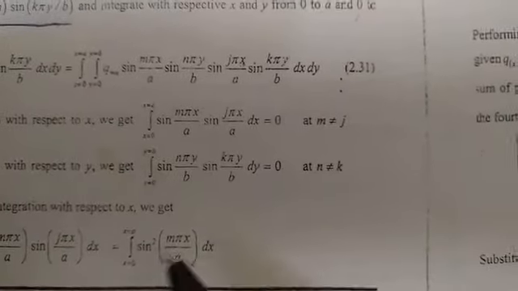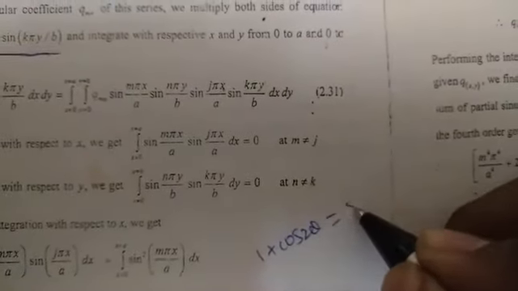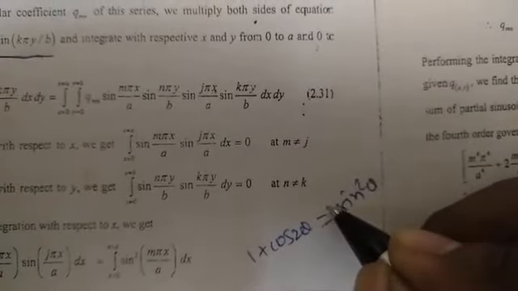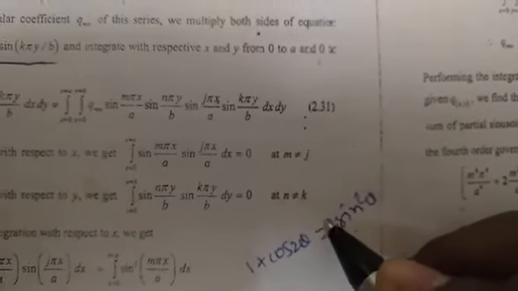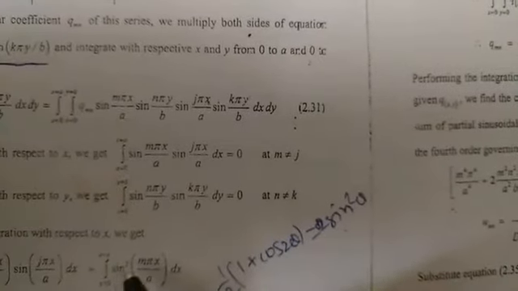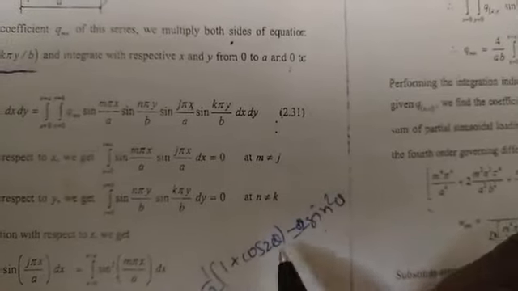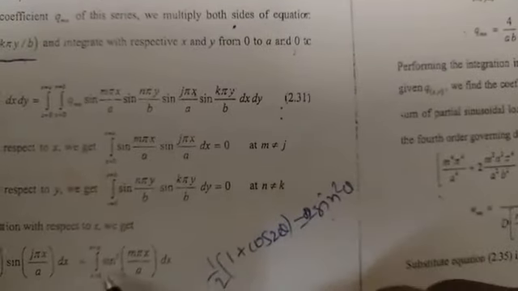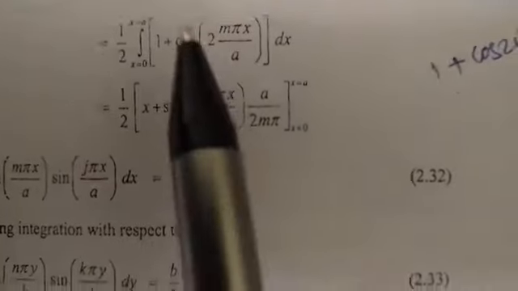So we have sin square here. In that place we can use this formula: 1 plus cos 2 theta is equal to 2 sin square theta. Now we have sin square theta here, so if you take this 2 on the left hand side, you will get half into 1 plus cos 2 theta. So here theta is the term in the bracket, and we can rewrite sin square theta as 1 by 2 into 1 plus cos 2 theta. So they have written that here.